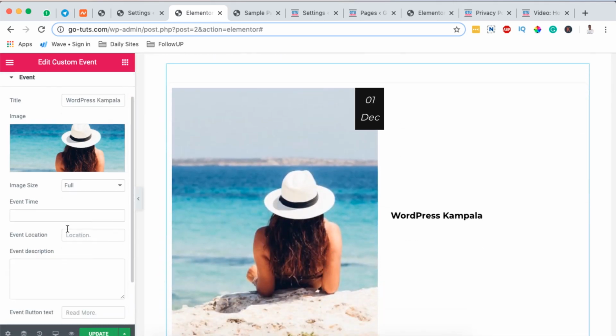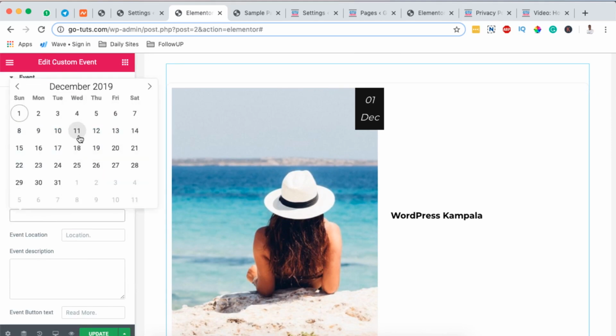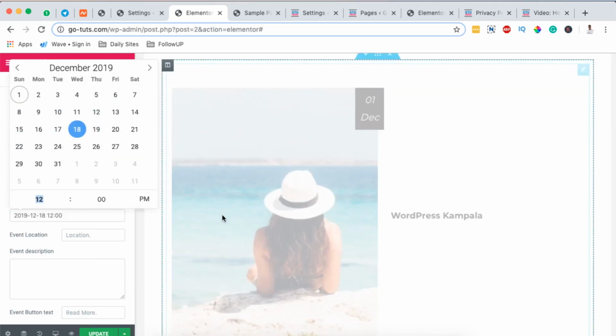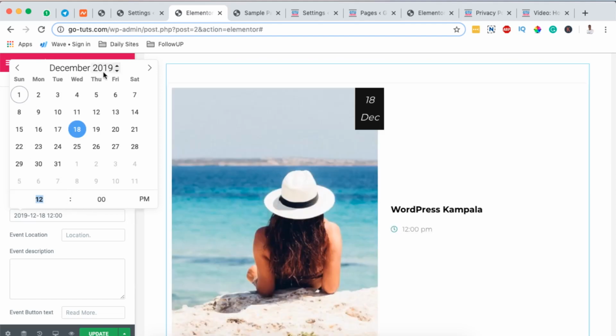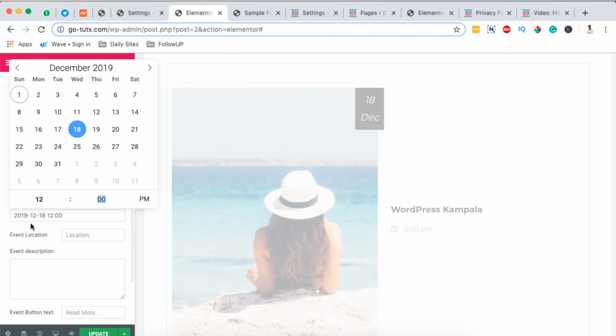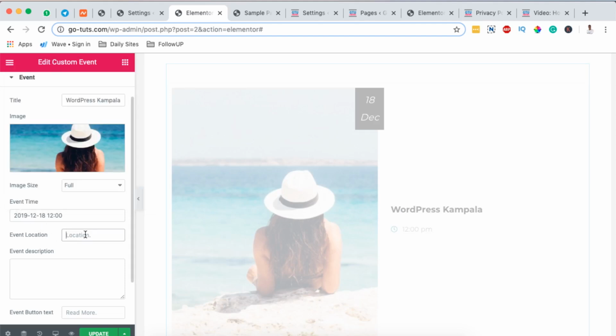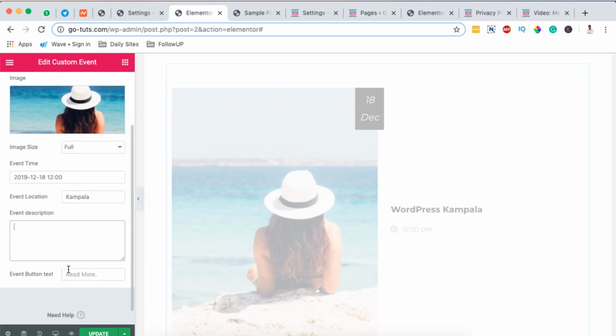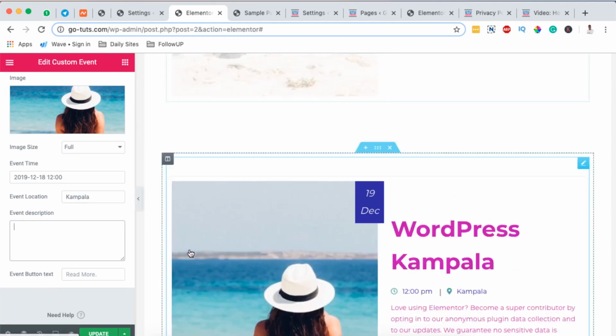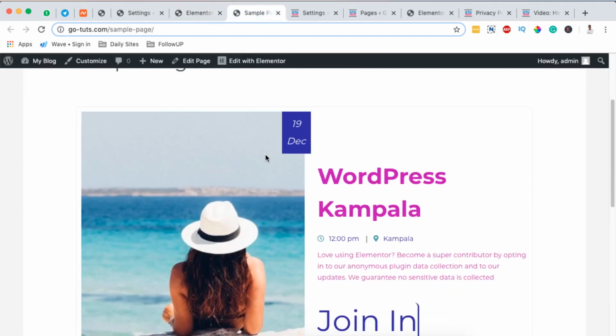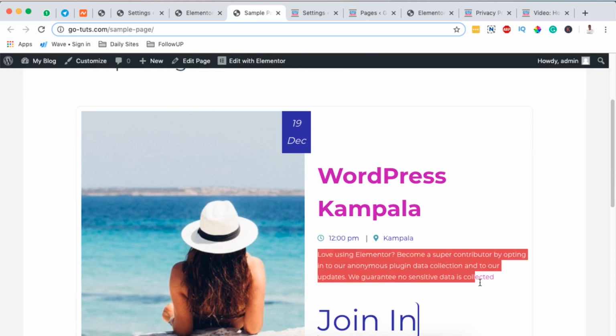Now we can add the event time, when our event is going to take place. In this case I'll choose a random date, and then here you can add the time for that event, and then you can also add the location of where the event is going to take place in Kampala, and then the description of your event. So in this case I'll simply get dummy text from somewhere, just grab this,